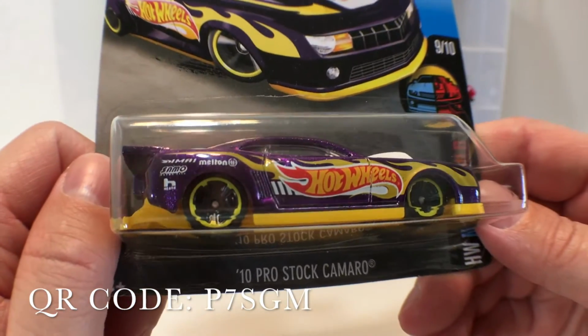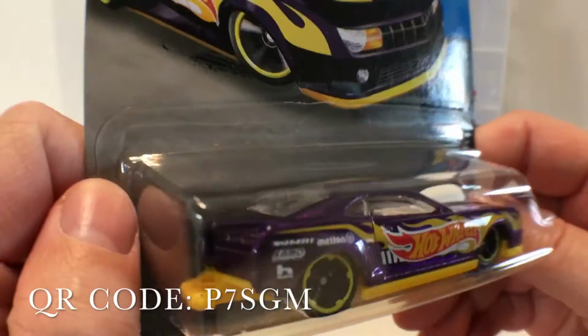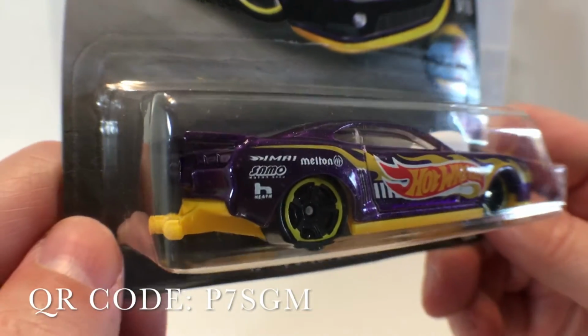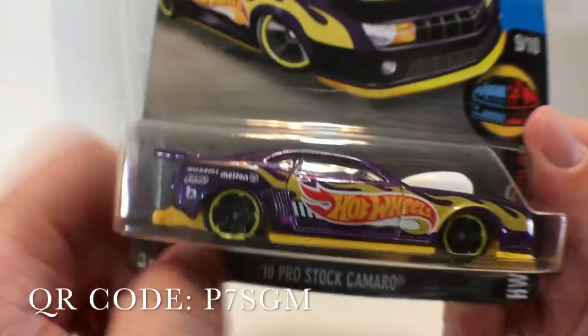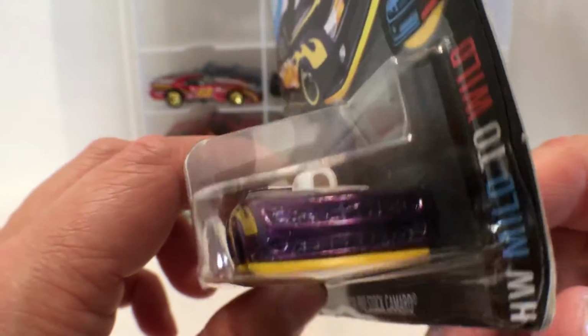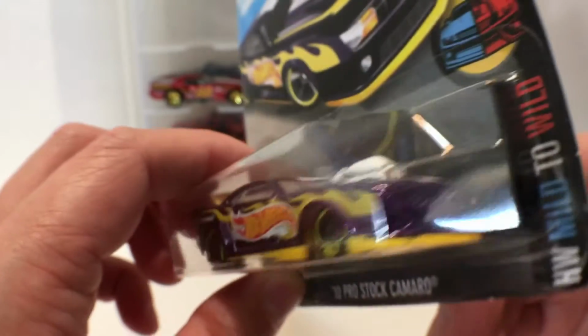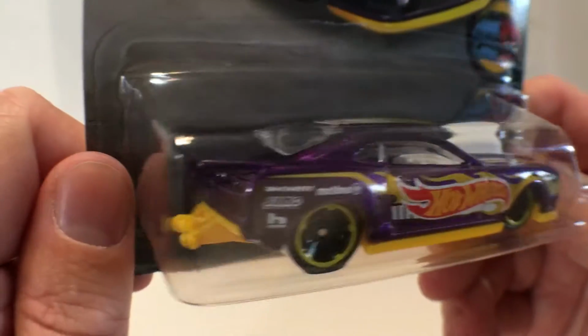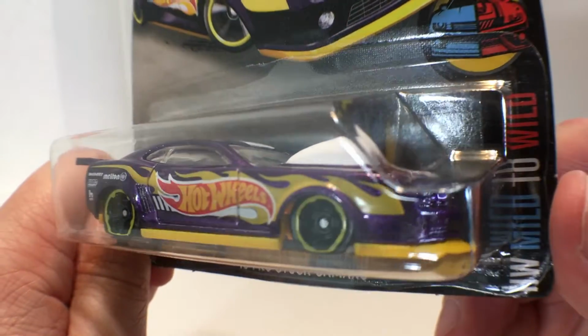Here we have the 2010 Pro Stock Camaro. I got this one at Target, spring card. But this was the Super Treasure Hunt that was in that case code. This is one of the few Super Treasure Hunts I haven't been able to get this year. I hit a couple stores as I was pulling out the display case for these, and no